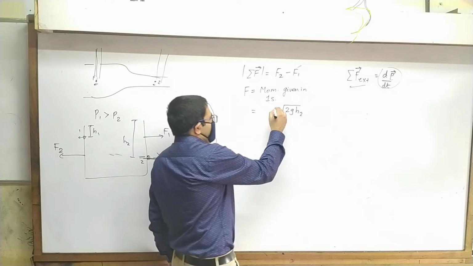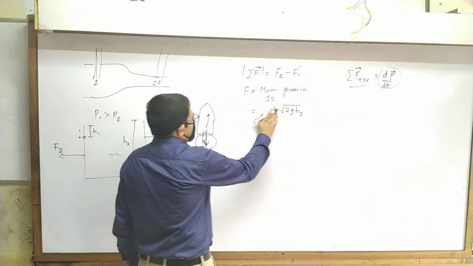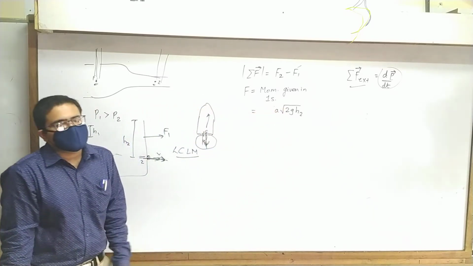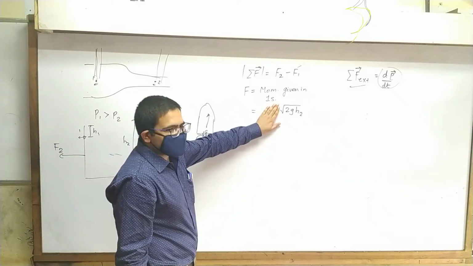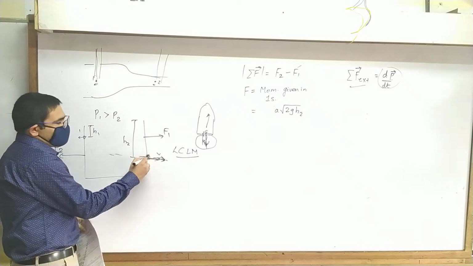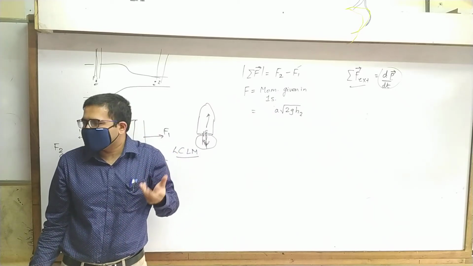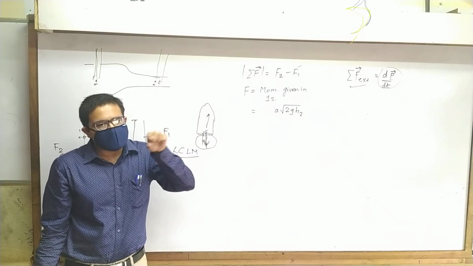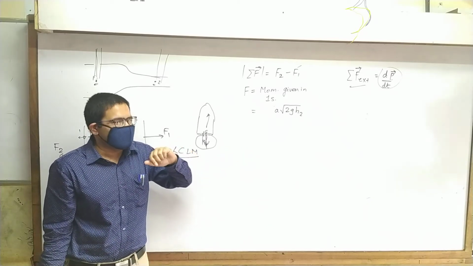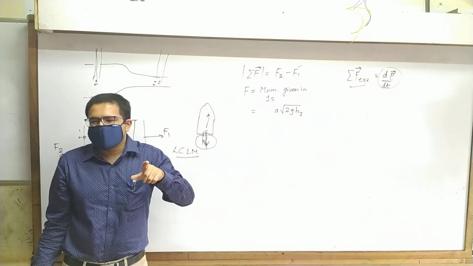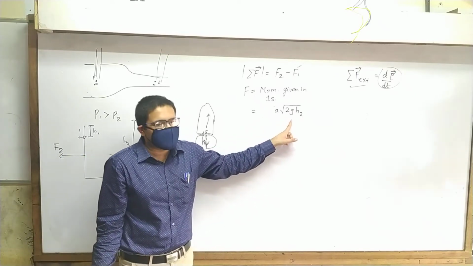If it leaves with that much speed, do you realize that the volume flowing out in 1 second is this, where A is the area of the hole, or let me write small a. Speed into cross-sectional area of the hole. What does that give you? What is area into speed for a flow of fluid? It is volume flow rate. That is how much volume is flowing per unit time. Clear? Volume flow rate is area into speed. Correct or not?